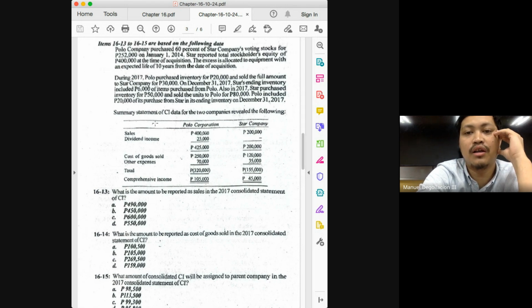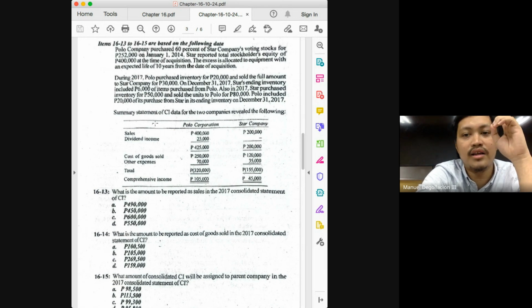Consequently, in the eyes of the consolidated entity still, the net income of the subsidiary is overstated. So that is why the adjustment here is minus 2,000. But if you do not want to analyze that, you can just remember almost always the amortization of the excess would be a deduction.